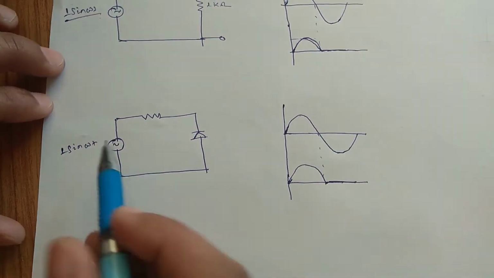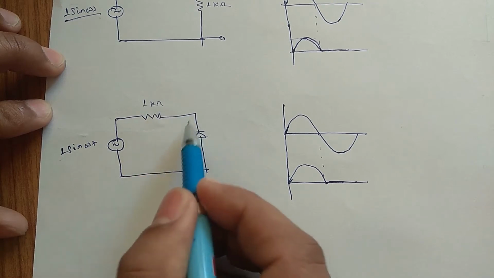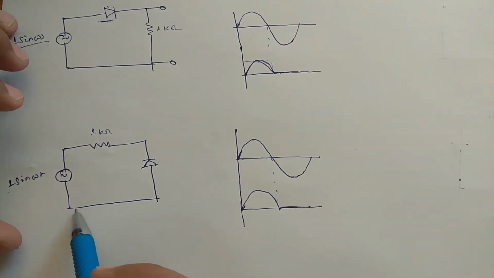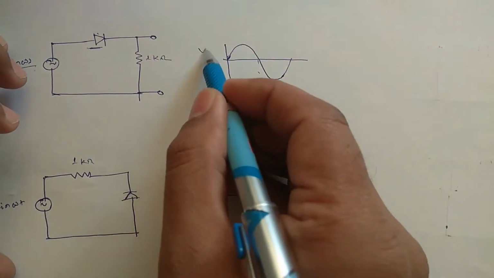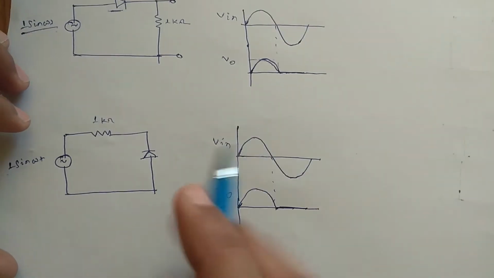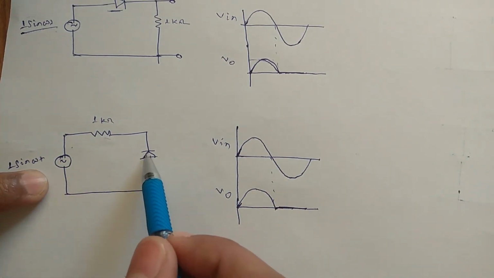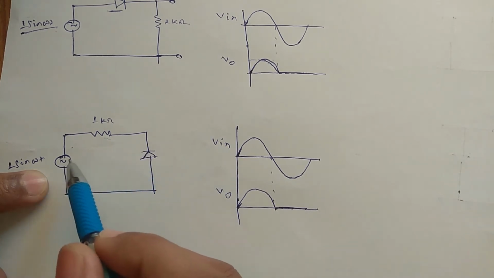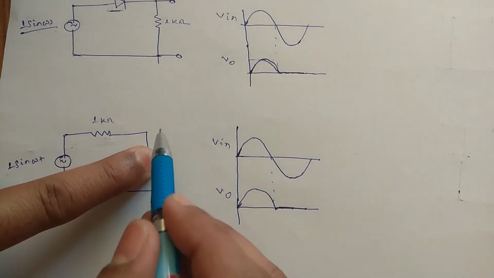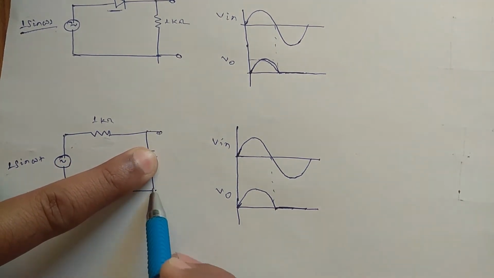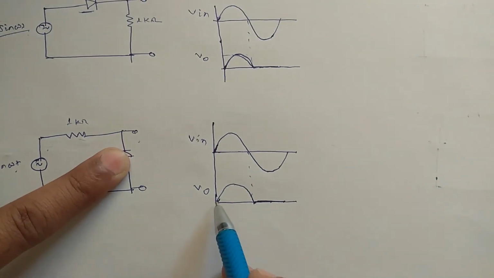Now if you connect this circuit, 1 sin omega t, this is 1 kilo ohm and this is the diode that we have connected. Suppose this is the signal that we are passing, this is your V in and this is your V out. Now if I pass a signal 1 sin omega t, then your diode is going to get reverse biased, so it will be an open circuit, means there will be no diode. Now if I tap from here, whatever signal has been applied will be here for the positive cycle, so the output will be this one.